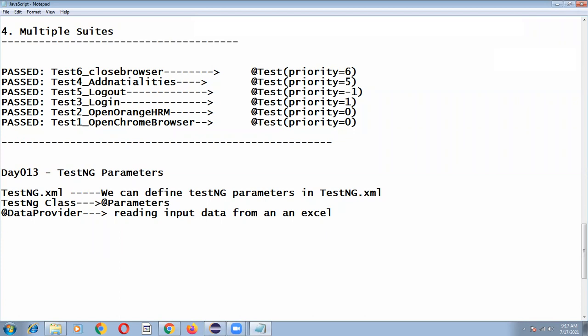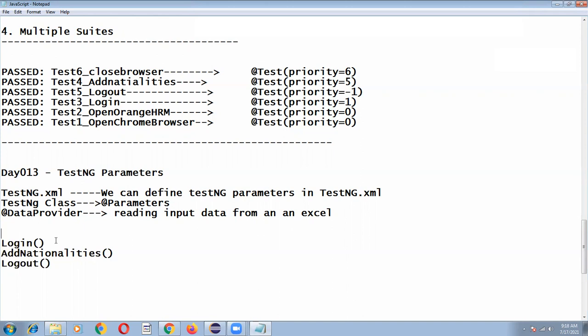Okay, and until now we have tested data driven tests with this approach. Suppose it contains a login method, it contains add nationalities, and finally it is doing logout. So your test is executing for different sets of input data. Data provider means in your Excel you have given n number of inputs and these test methods are executing for different sets of input data. Okay, so what is the drawback in a data provider test?